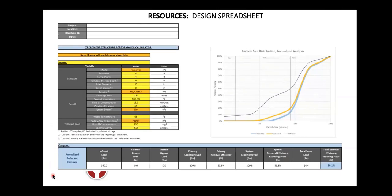So you have, in this example, where it says you can change the device. So we have all devices that were tested using this protocol in there. So it's a great comparison tool. We can adjust, as you can see, diameter, sump depth. You can dedicate a portion of the sump to pollutant storage if you don't want to have that count towards